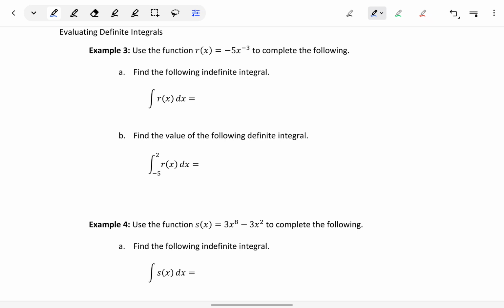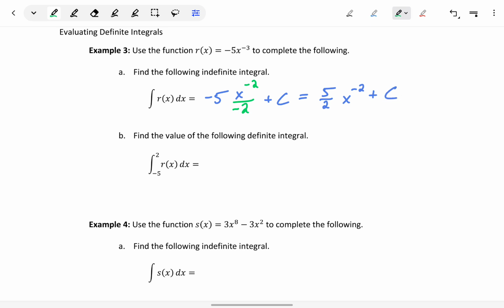In example 3, we have the function negative 5x to the negative third. This will become negative 5x to the negative second divided by negative 2 plus some constant c. So we get positive 5 halves x to the negative second plus c as that indefinite